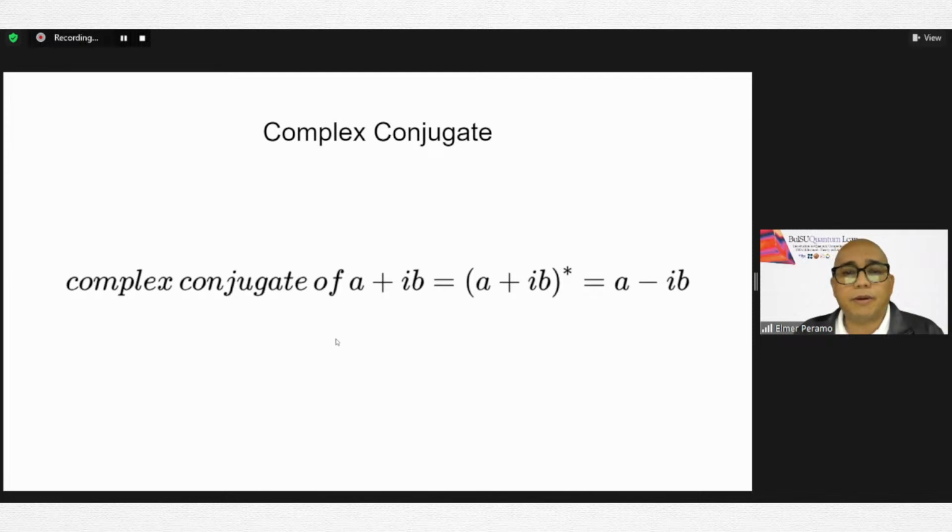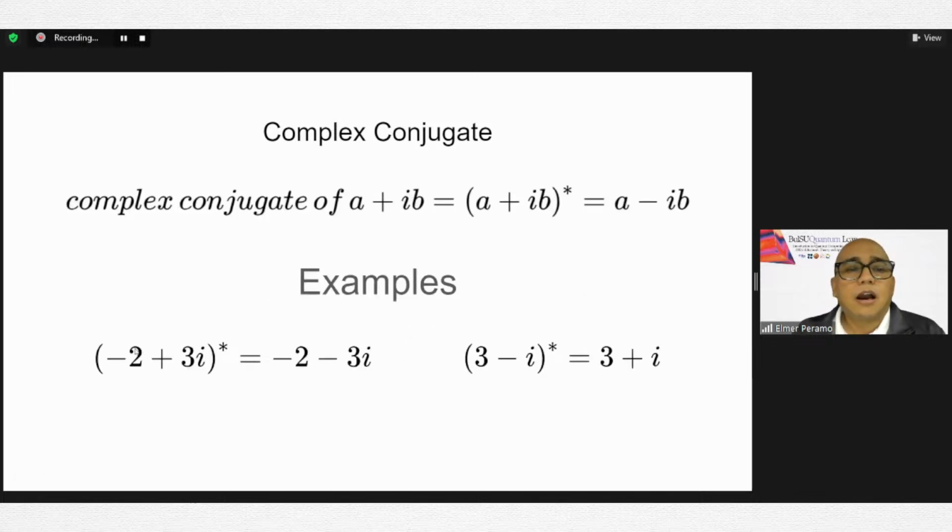Next, another important property of complex numbers is the concept of complex conjugate. Every complex number has a complex conjugate, and it's easy to compute. For example, given a complex number a plus ib, the complex conjugate is denoted by (a plus ib) star. But in some books, they use a bar over the expression. In this case, we're going to use a star to indicate a complex conjugate. So basically, you just change the sign of the imaginary part. If it's positive, you make it negative. If it's negative, you change it to positive. So that's the complex conjugate. Example, complex conjugate of negative 2